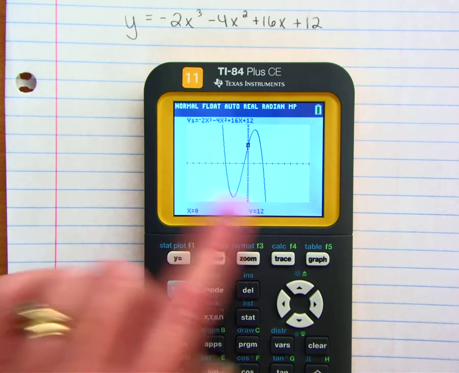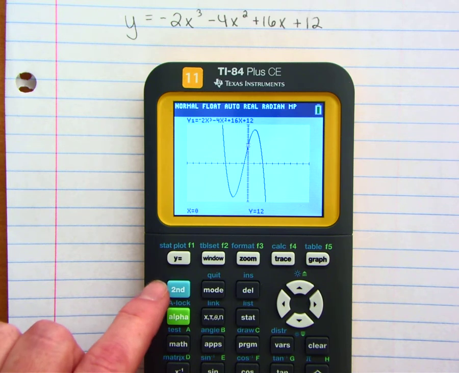Some other features the graphing calculator lets you do is to actually find the table of values. If you want to find the table of values for